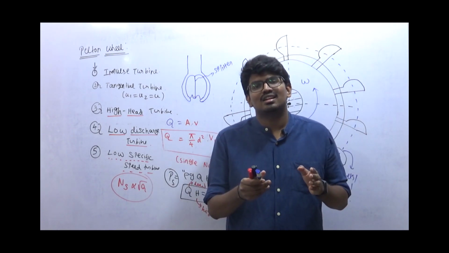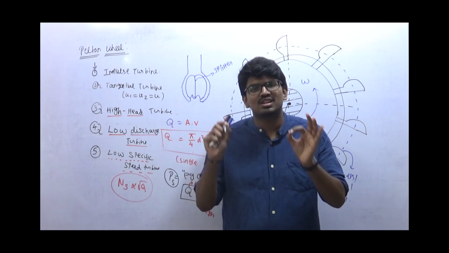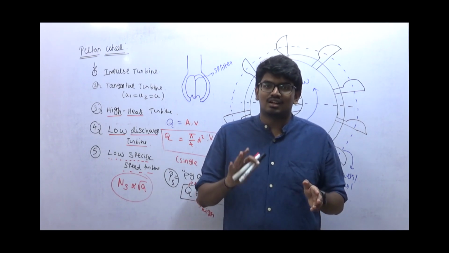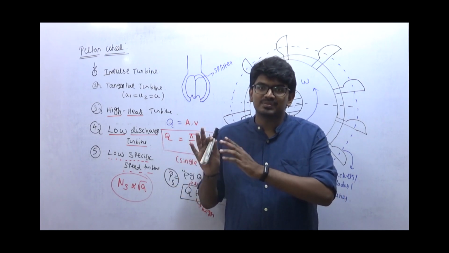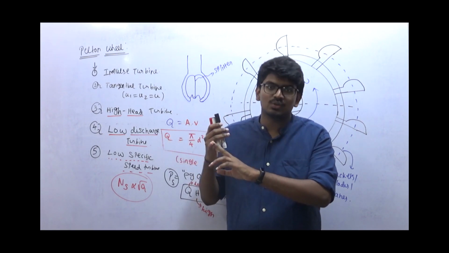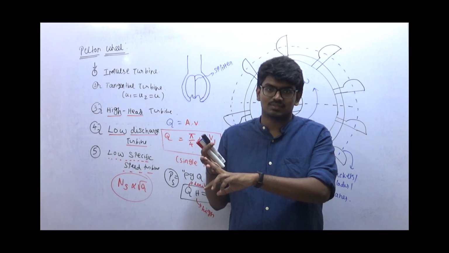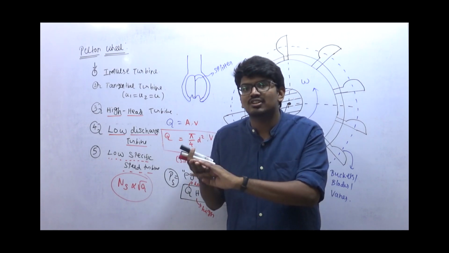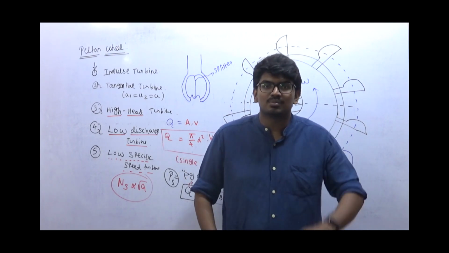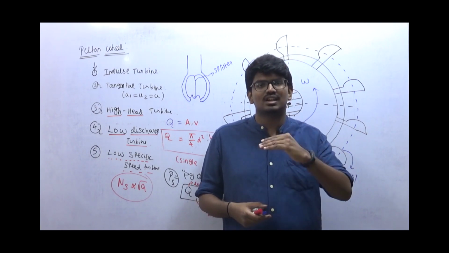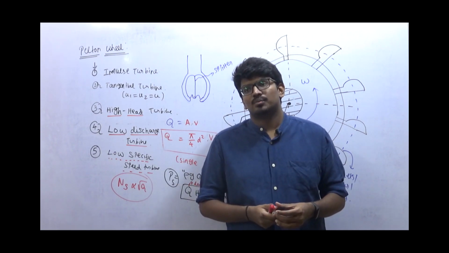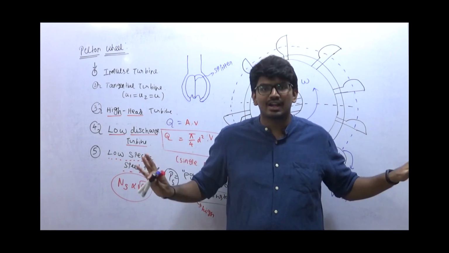I'm not saying that the discharge based specific speed can be used only for pump. It is not the case, but most of the times pump's characteristic will be defined with respect to N, that is speed, head and discharge. That is why it is more convenient for us to use specific speed based on discharge for pumps. But both the specific speed, Ns due to discharge and Ns due to power, both of them are valid for both turbine and pumps. They are valid for hydraulic machines.